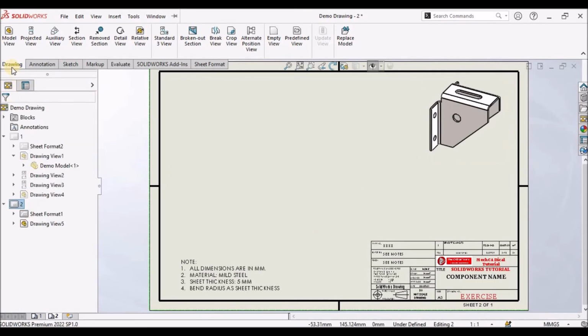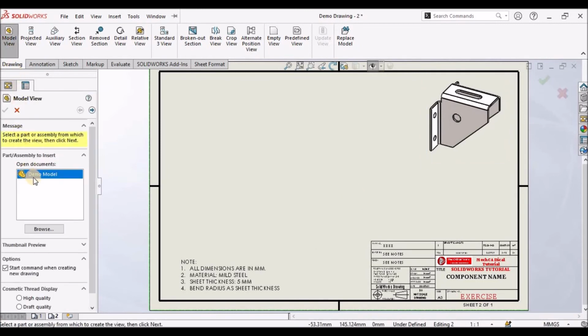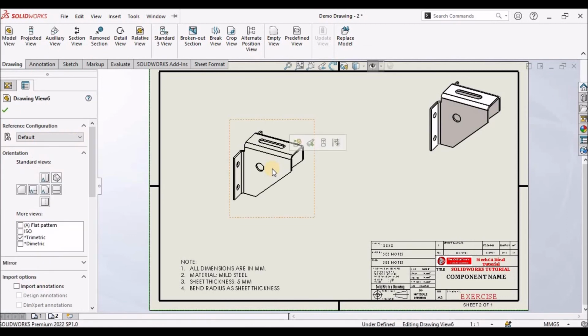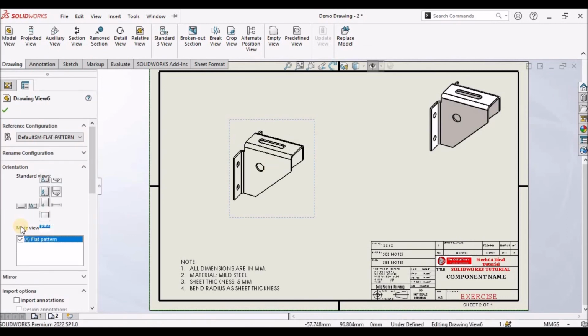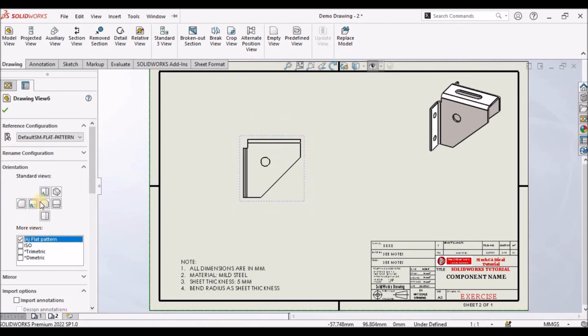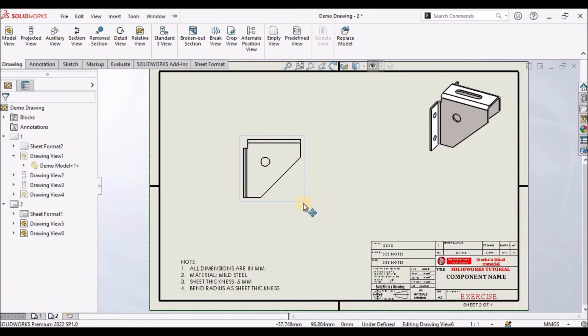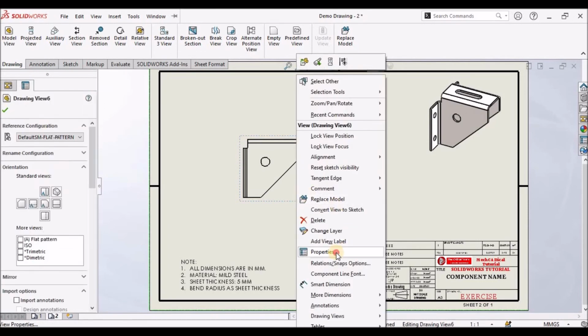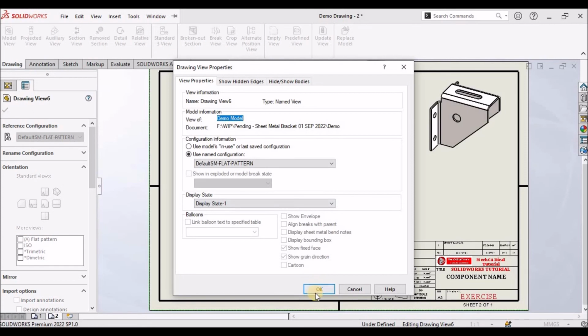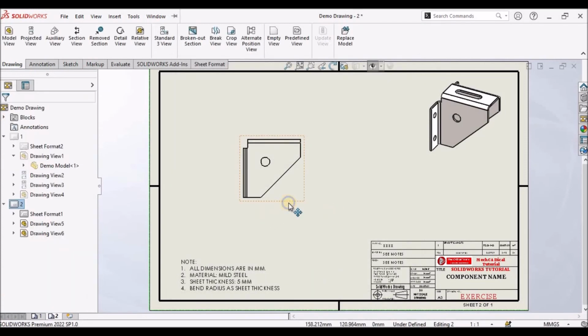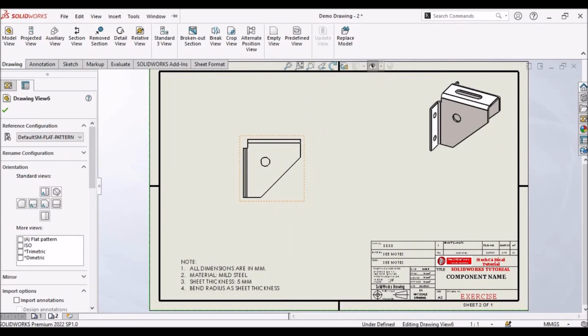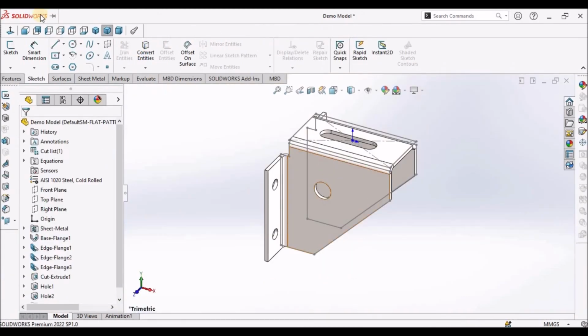So when it goes to manufacturers, you can visualize the model. So right click and we have to go to properties. Flat Pattern, it is not a flattened form. So we have to go to model,